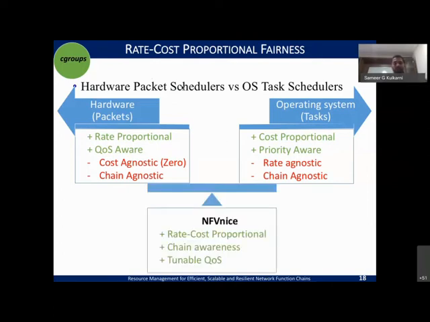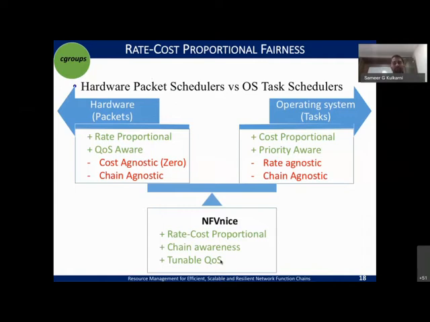And that's where NFV NICE comes in. How we try to do it is, it not just takes the cost, it also takes the rate and builds it in the user framework, so you can do rate cost proportional scheduling. And then it tries to add this intelligence of chain awareness, meaning that at the user space, when you deploy, you know what your chain is.